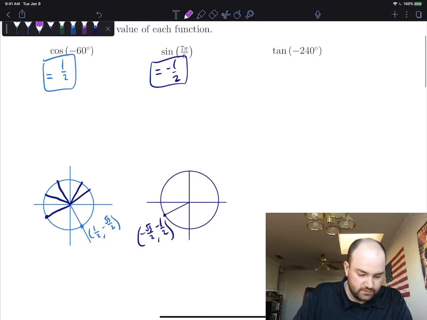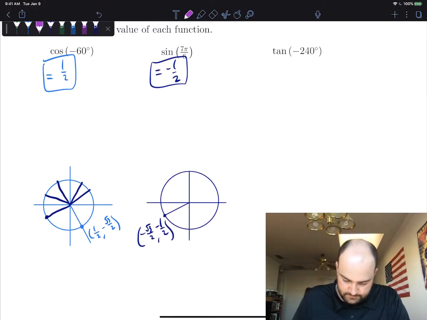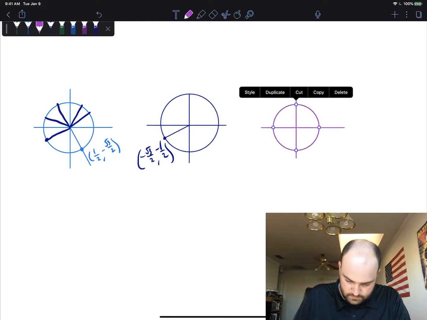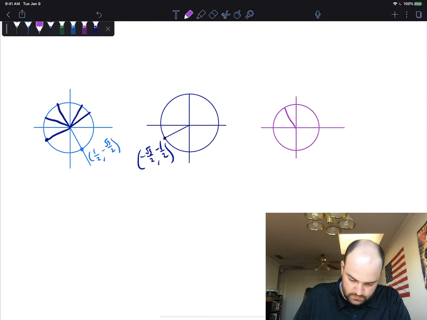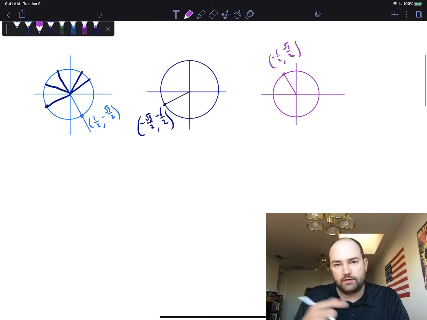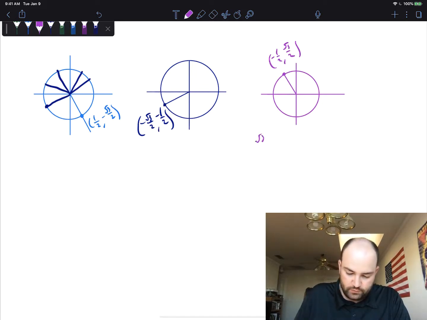So over here, let's go to this one. There we go. So negative 1/2, positive root 3 over 2. Excellent. And we're working with tangent, so it's the y over the x. So we have root 3 over 2